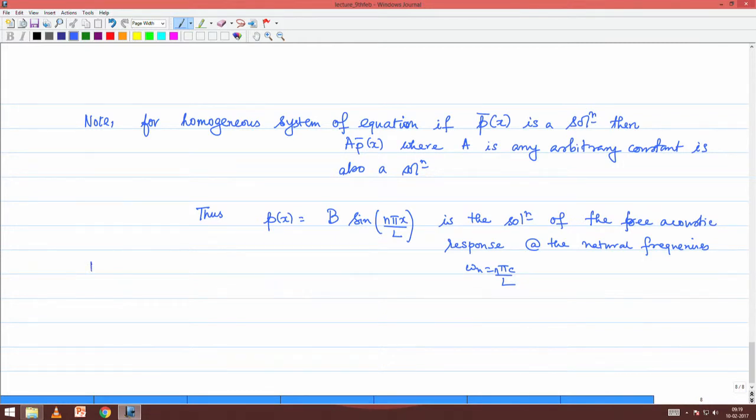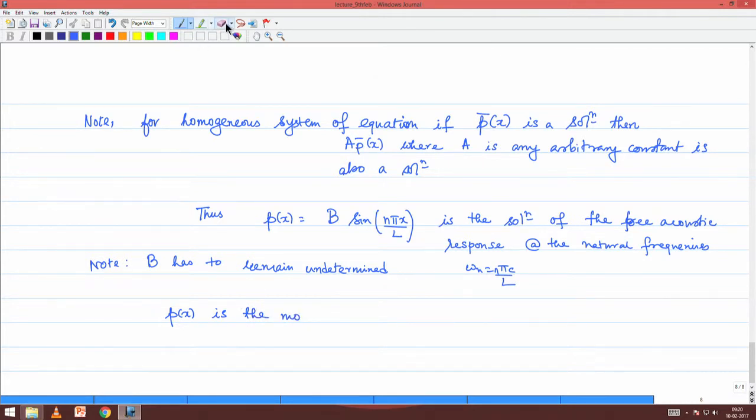And note B has to remain undetermined. There is no way that you should say that B is a perfect constant, and that the solution is unique. So, in other words, this P x equals b sin n pi x by L is a solution for every possible value of B, right. Associated with that you will say that P x is the mode shape,